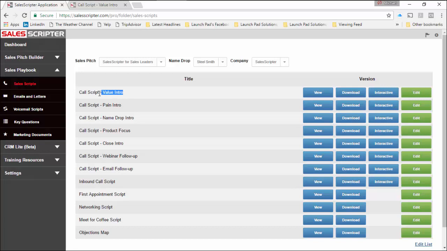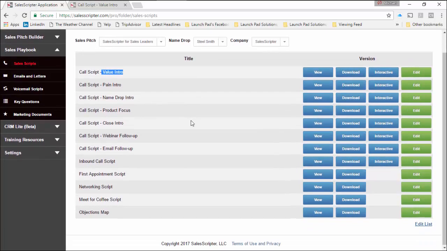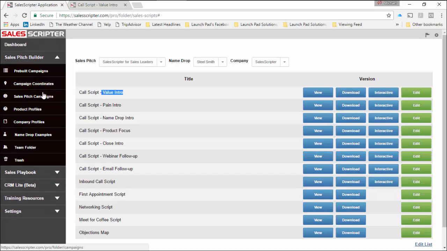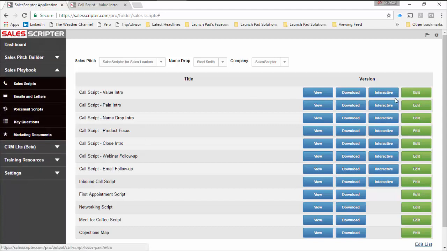It's basically, think of it as like a factory reset. You're resetting your phone or your computer to the factory settings, and it's also then reconnected, so any changes from here on out to the sales pitch builder will be displayed in that document. So that's something to know of. In all of the folders in the sales pitch builder, you have that edit button, so you can edit emails, you can edit voicemail